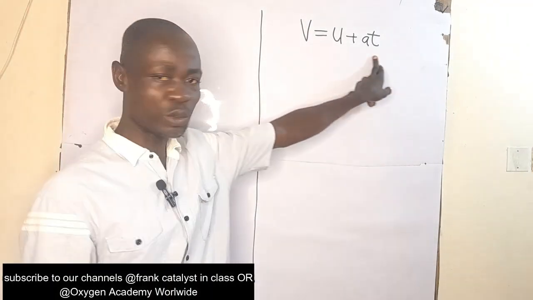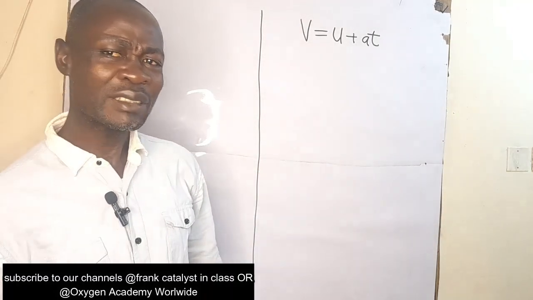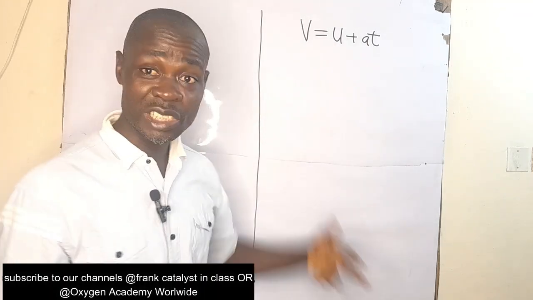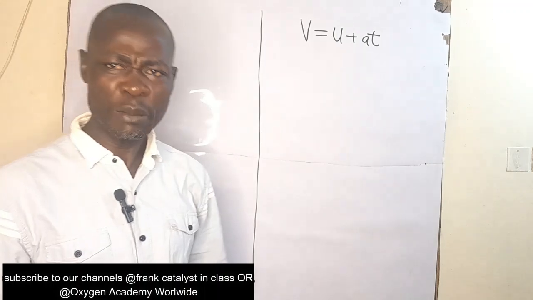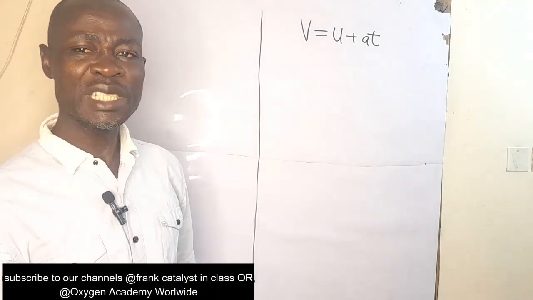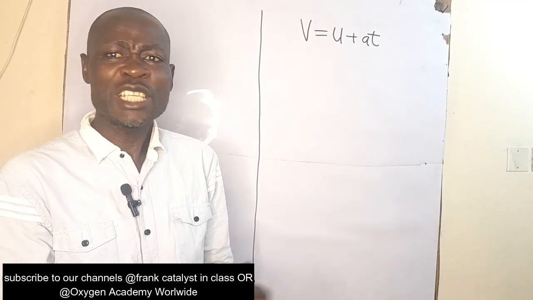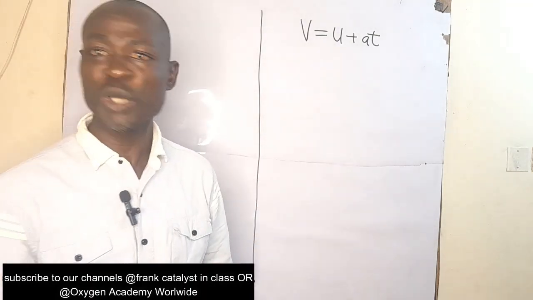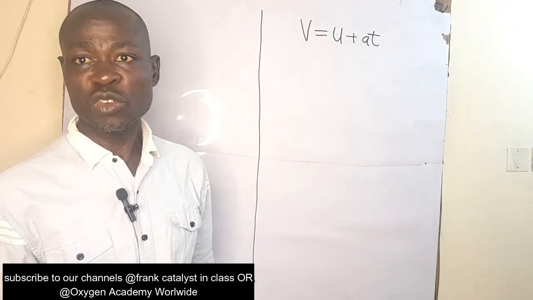Now, let us look at this equation. Where is this equation coming from? Do you think about that? Yes, we know that v is final velocity, u is initial velocity, a is acceleration, and t is time. We know that. But how did we get to these formulas? Because these formulas are just tools for solving problems. They didn't just come from nowhere. Somebody used it as an assistant so that we can use it to solve problems.